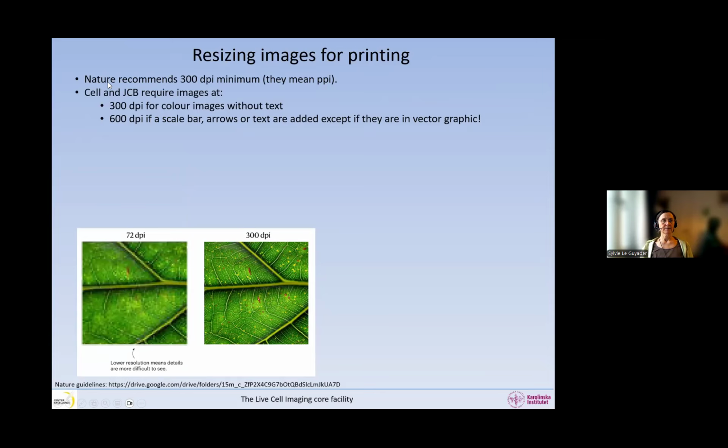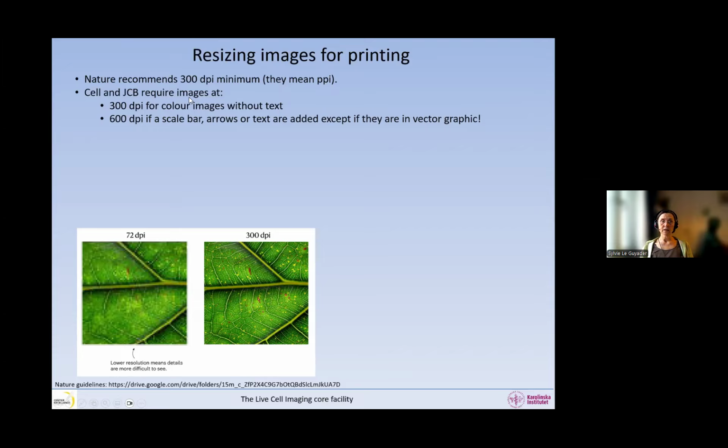But anyway, if you go to the Nature journal, they recommend 300 dpi minimum. They mean PPI, but it doesn't matter, dpi. This is again in the journal on paper, and this is actually your image. So what they want is an image at 300 ppi.